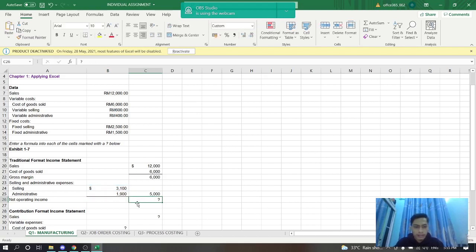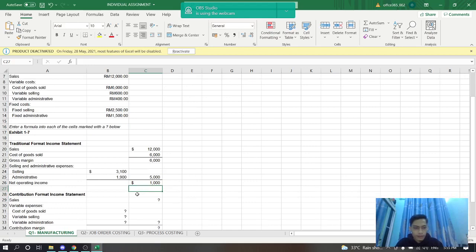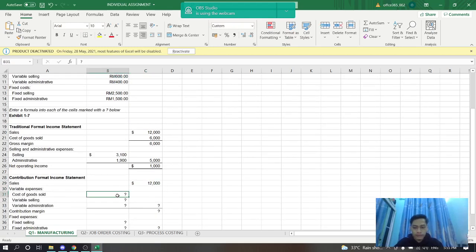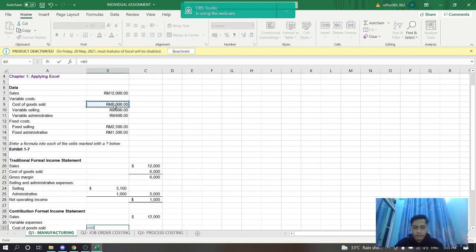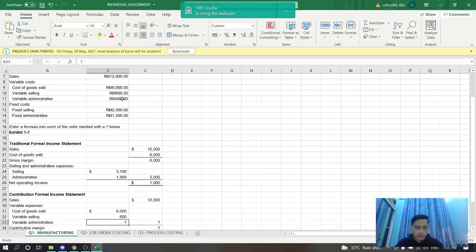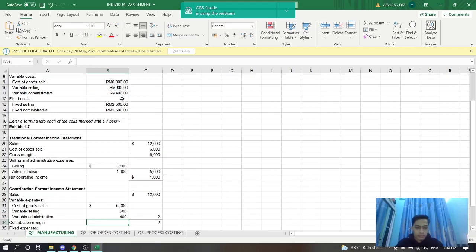And then net operating income is the gross margin minus administrative. Okay, net sales RM12,000, and then cost of goods sold RM6,000, variable selling 600, and variable administrative, and then the sum of the variable expense,